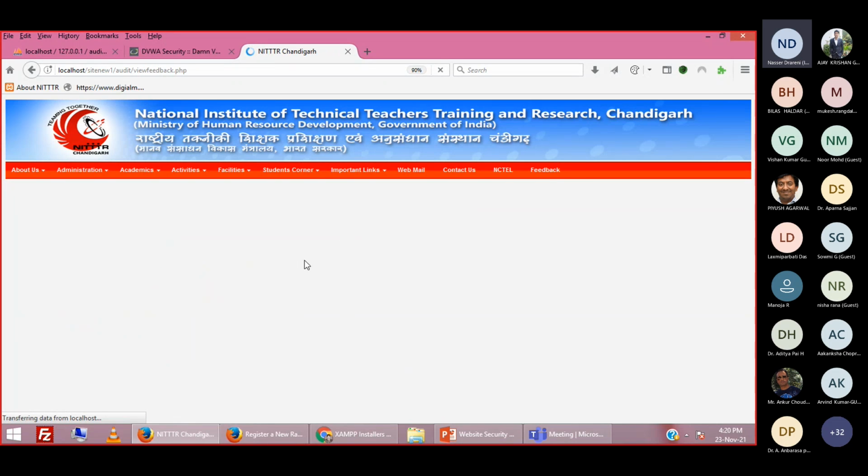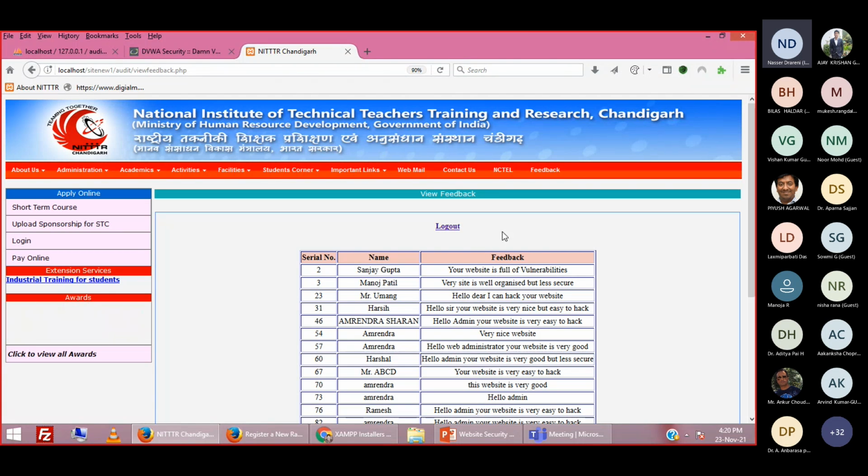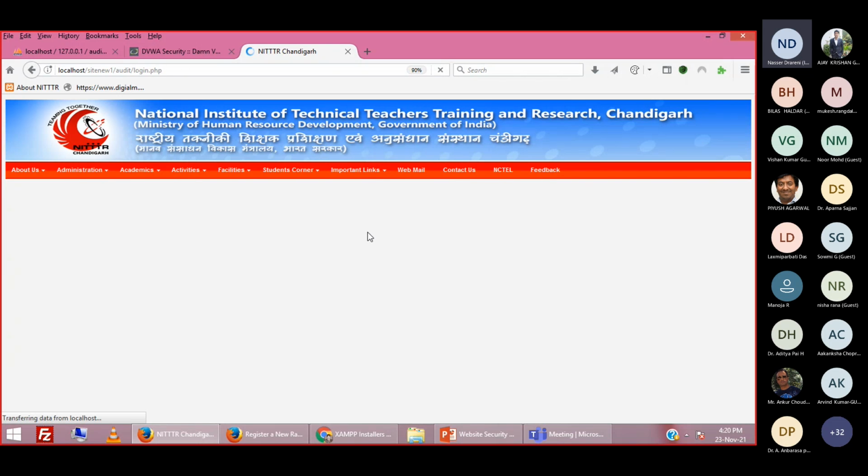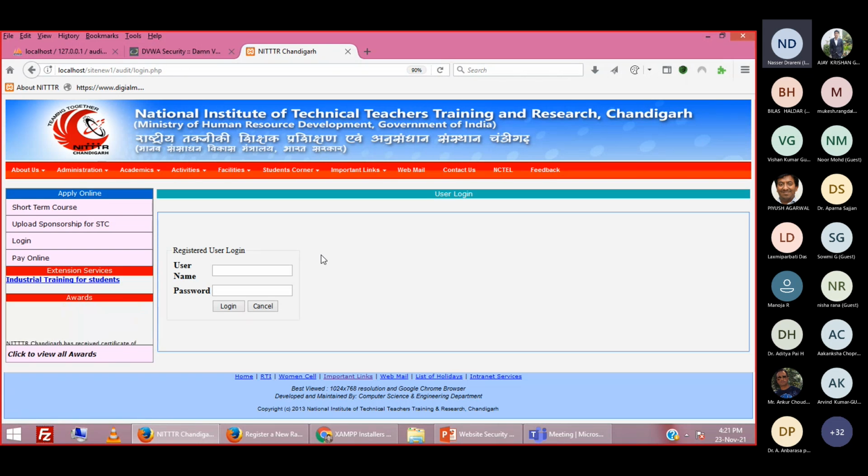You have done your transaction, and then you have logged out. Suppose I'm clicking here, log out. So I'm logging out from my account, and I went away from that system. I went to some other place, and after I leave the system, a hacker comes to that system. Suppose your student or any other visitor comes to that system, and he finds this page.